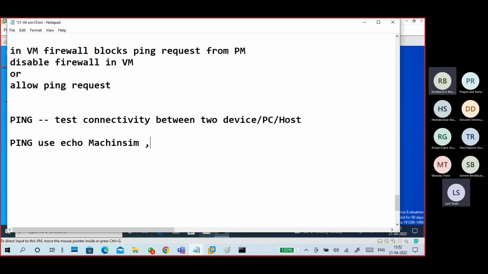The ping protocol is the ICMP protocol. Ping works based on the ICMP protocol, with an echo mechanism.